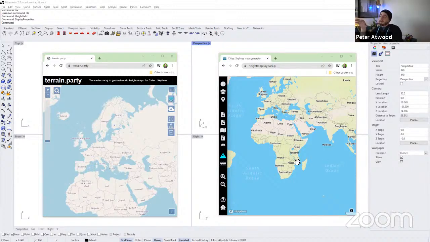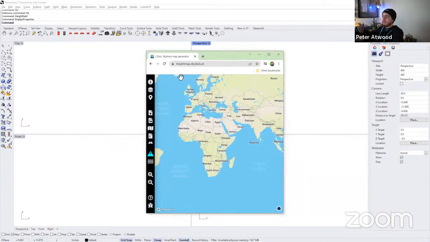And what we see here, Rhino's in the background, but we're looking at the difference between terrain.party, which has been used in the past. I like this interface, and that's on the left-hand side, and on the right-hand side, we have this heightmaps.skydark. A lot of students in my classes have said that this is a great resource for the things we're doing. Each of these resources are good. We're going to leave terrain.party alone for now because the videos I've done before have really helped out with that. And we're going to focus on the heightmaps.skydark.pl